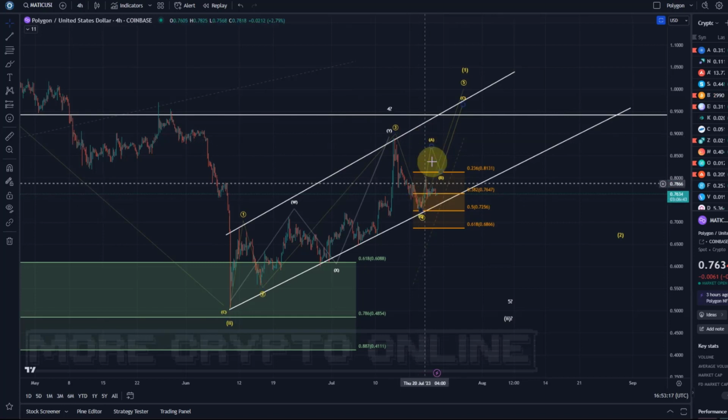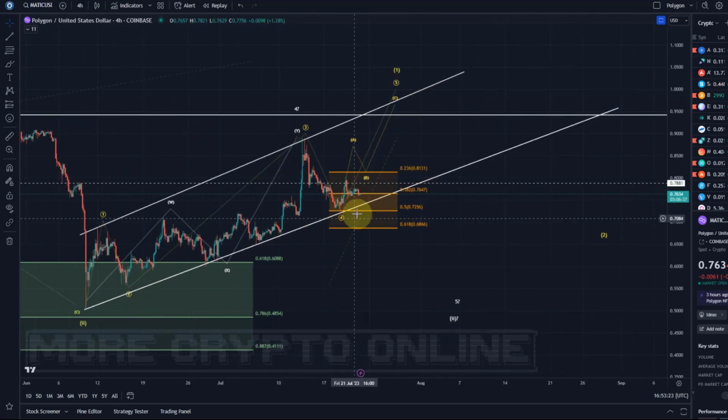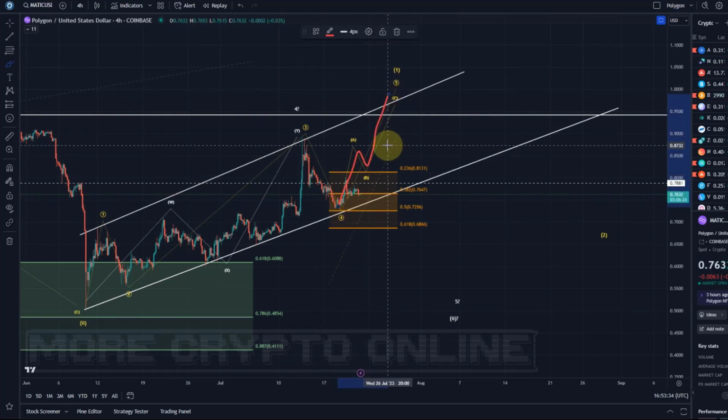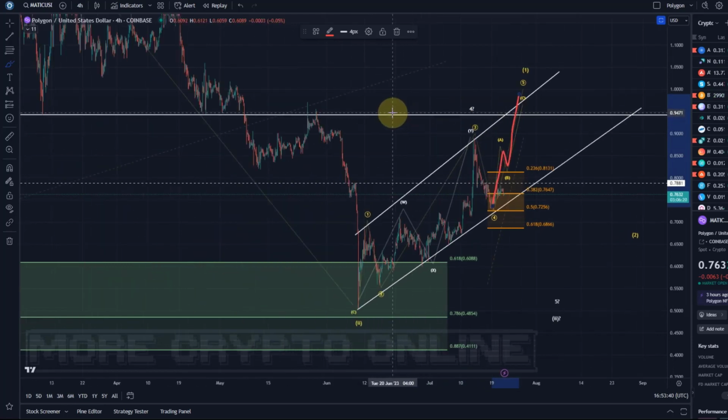So what I need to see is 5 waves up. That would give us the next high probability long trade setup. I do have a support area here, out of which price can move up. But so far, price action isn't very convincing. And also, it would just be part of this 5th wave in an ABC structure, which is less reliable anyway. What I need to see is a price break above 95 cents. 95 cents, that would give us confidence.